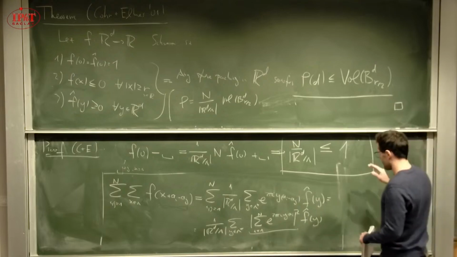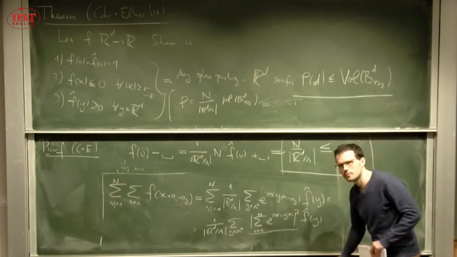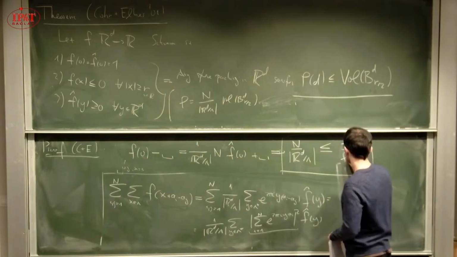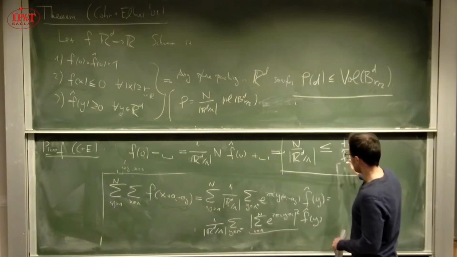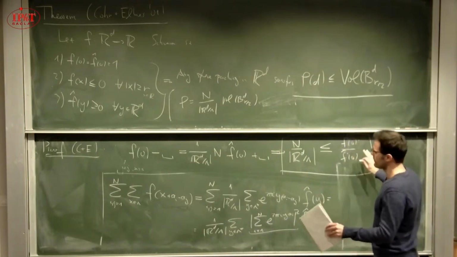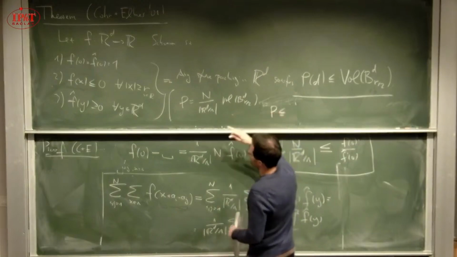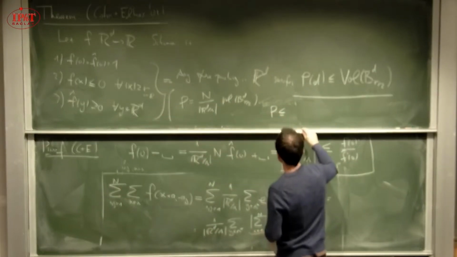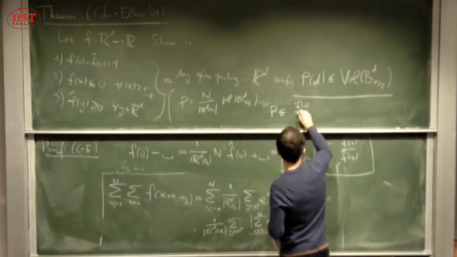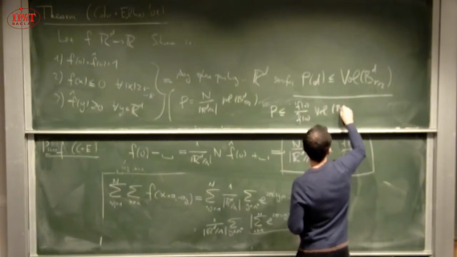But what will happen if I had a number? You could put the numbers in. Imagine that I could put f of 0 to any number, not a special normalization. Let's keep this as it is. Let's not fix it, and let's plug it in here. So what we proved, now we are not assuming condition 1, is that rho is at most f of 0 over f hat of 0 times the volume of the ball of radius r over 2